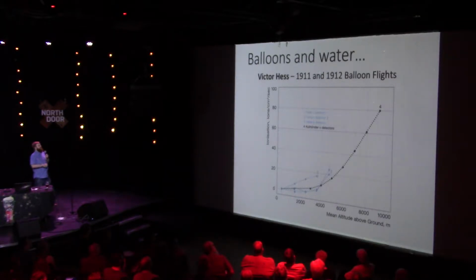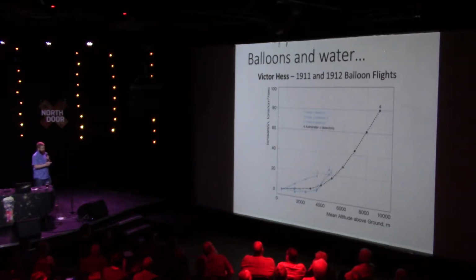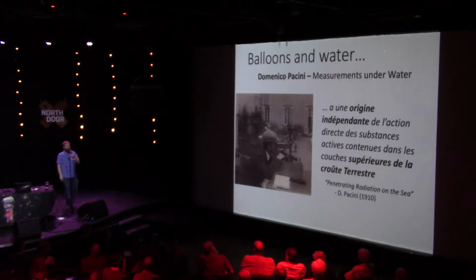Now, he's been largely credited with the discovery of cosmic rays, and he received the 1936 Nobel Prize for doing so. But in fact, a year earlier, and this happens fairly often in physics, more so than we would like to admit, there was an Italian physicist who did a different thing where he took the same instruments, or similar style instruments, and instead put them underwater. So instead of going up, he went to the water and said, okay, if I can get closer to the crust, then it must increase.